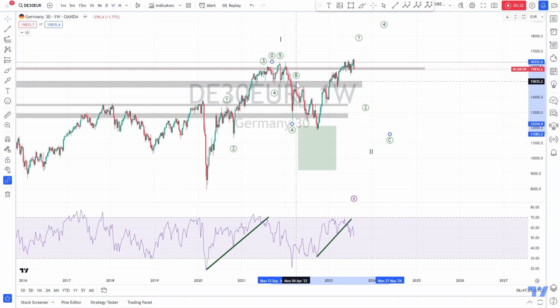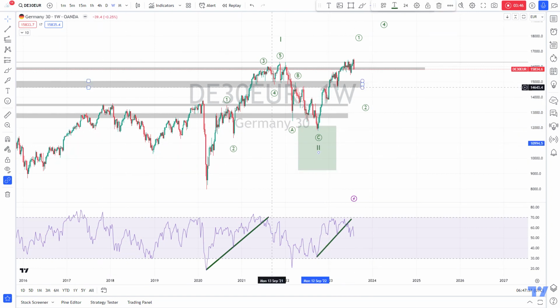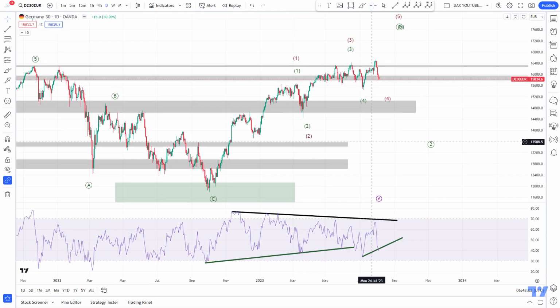However, I cannot take this as my primary scenario simply because current price level is here, or wave 2 low is here. We are bullish in the DAX, so it is better to assume this here as my primary scenario, that the low is in here, that we see more upside from here in five waves. But it's something that we cannot exclude from an Elliott wave perspective. This is perfectly possible.